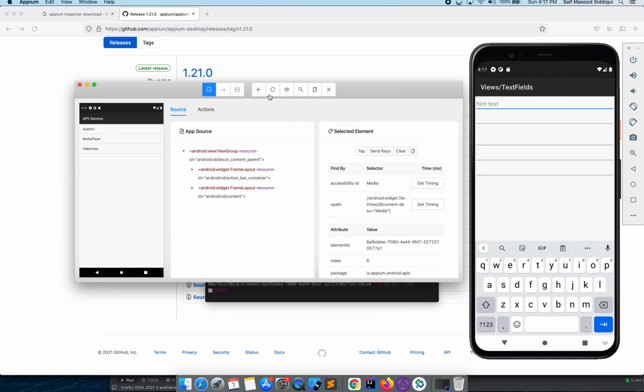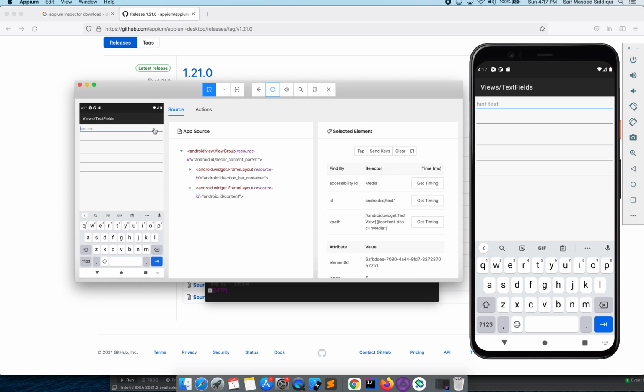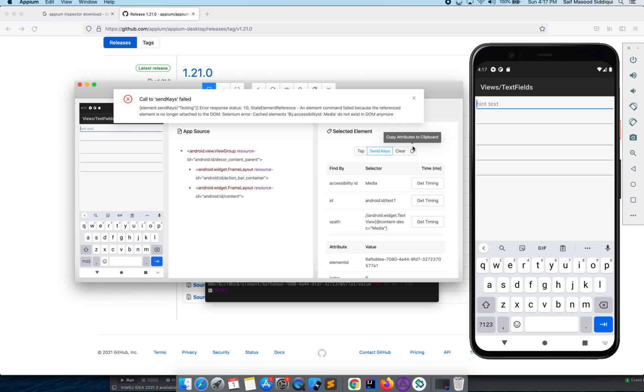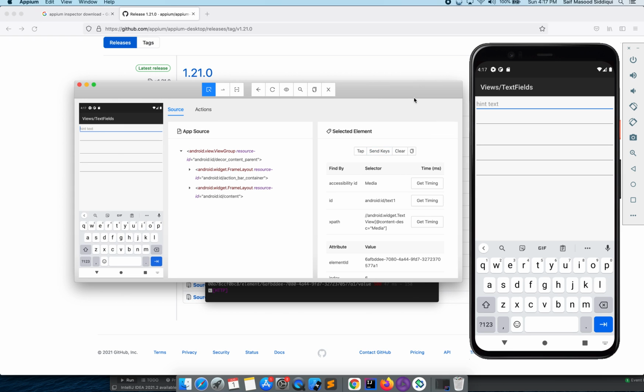Okay, let me refresh it. So if I want to send any keys, I will just write something and I will send it. Okay, maybe I need to refresh it.